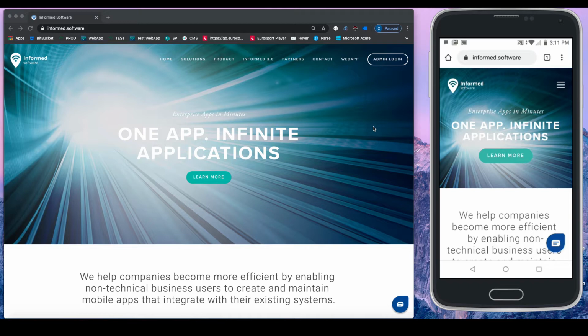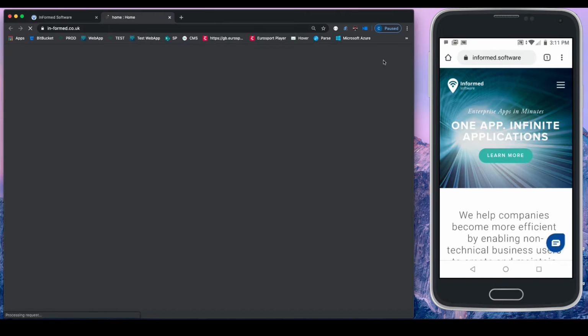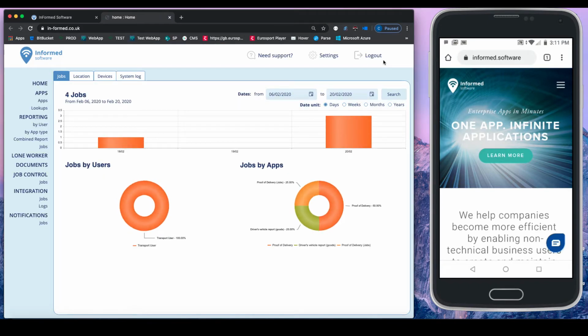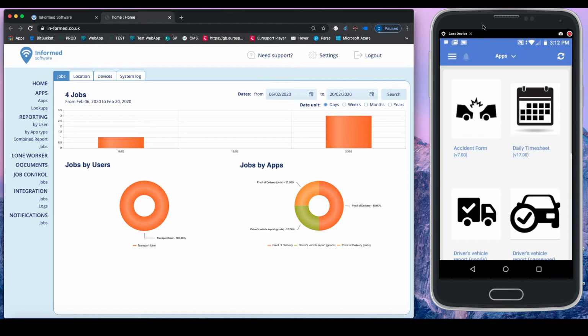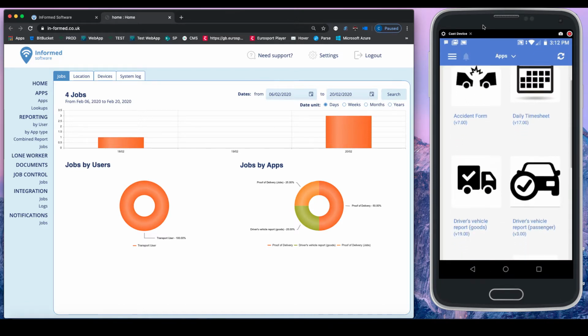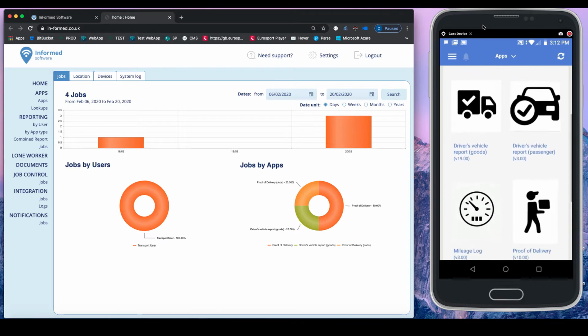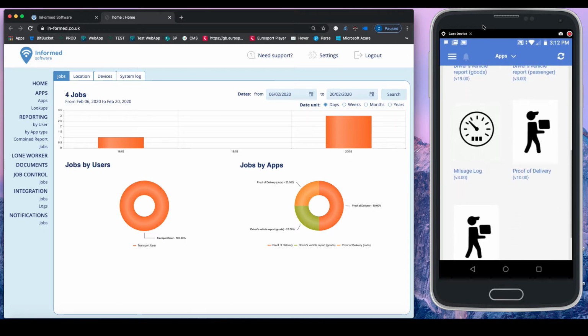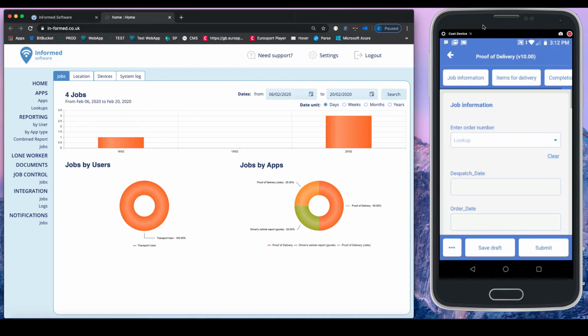On the left-hand side here, you can see we've got an administration portal, and this is where your company administrators can log in and configure the system for your drivers out in the field. On the right-hand side, I've got, in this case, a Zebra TC device. If I open up the Inform app, you can see I've got a variety of applications, from accident forms to timesheets, vehicle checks, and if I open up the proof of delivery, there's a number of